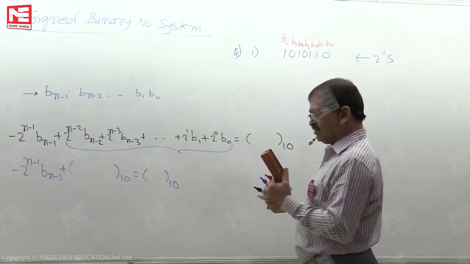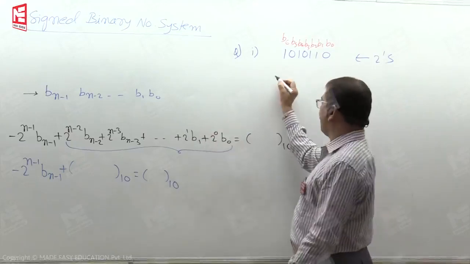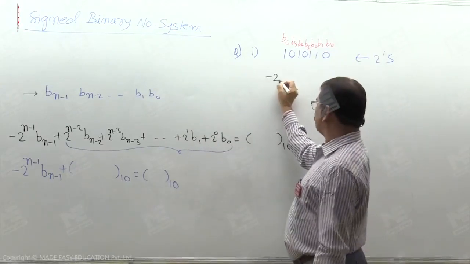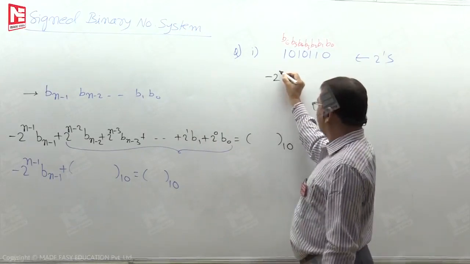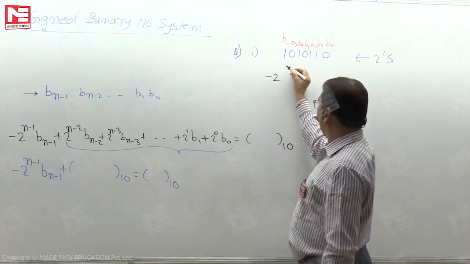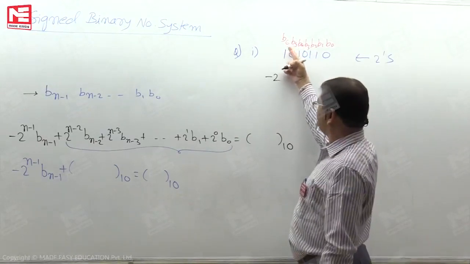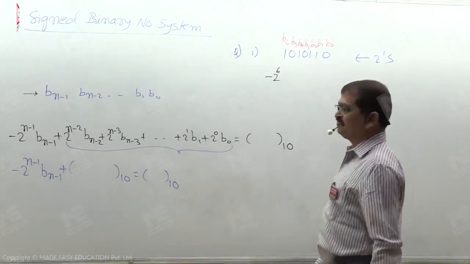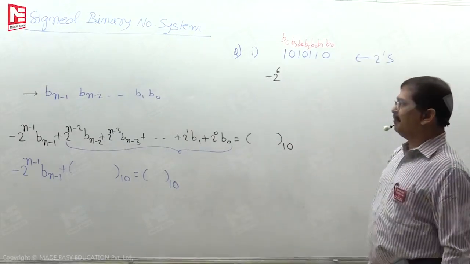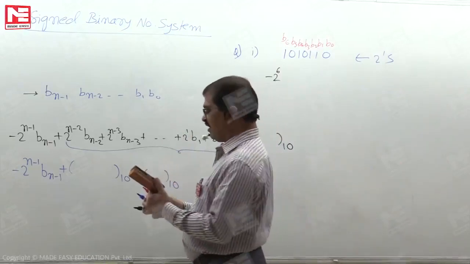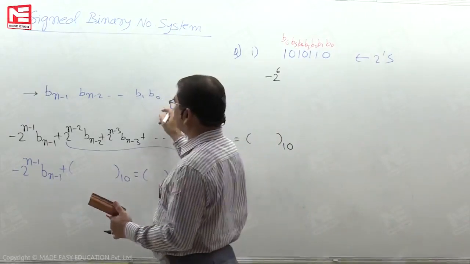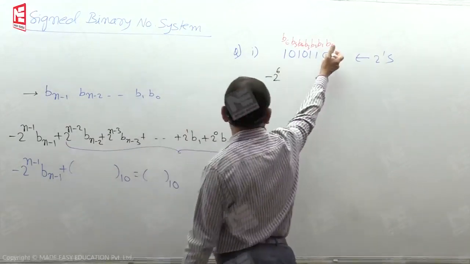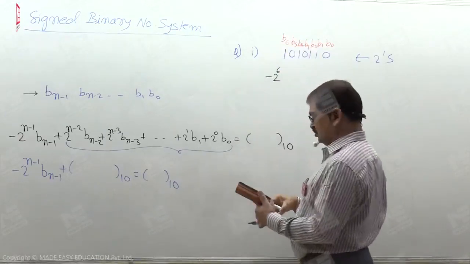So based on this, the general formula, what I said, is minus 2 to the power of n minus 1 times b(n-1), where n minus 1 is 6. The notation here is the same, extending with subscript 0 to n minus 1. Same thing, 0 to n minus 1. N minus 1 is a 6, plus,